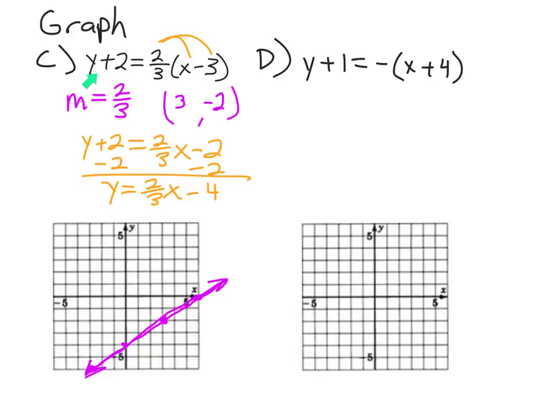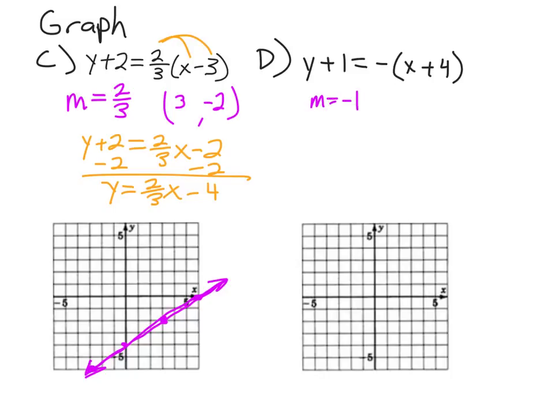So we can graph this equation by finding the point and then finding the slope and putting those on there. We could also do it in slope-intercept form if we wanted. Let's look at one more here. Example D, I know my slope here. Now my slope is whatever's in front of these parentheses, and we just have a negative sign. So my slope is going to be